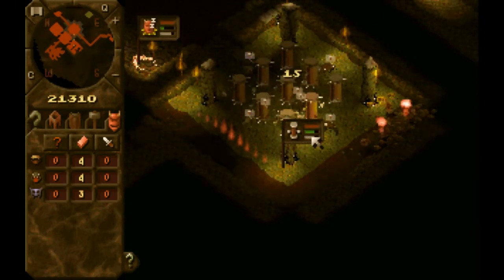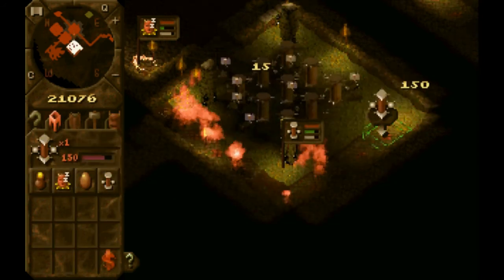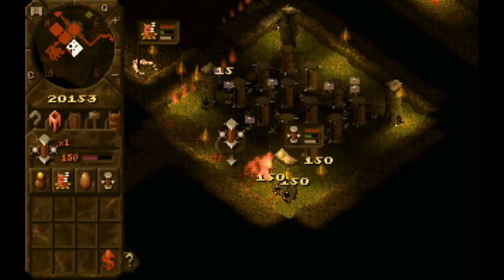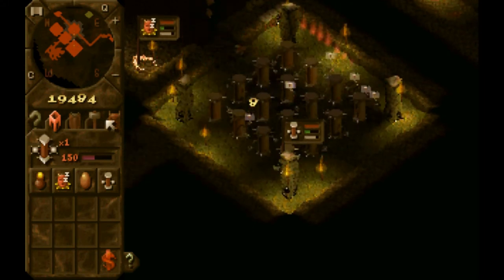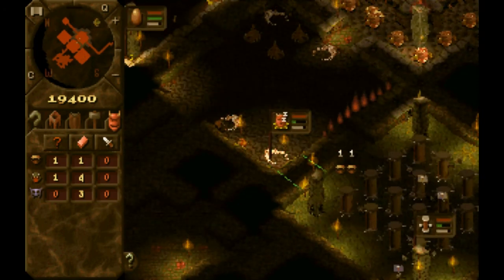Training rooms, as you can see, get very full very quickly. The green bar is already going up. And that drops it down considerably. I would like my training room to be quite nice, along with my lair, so I'm just going to